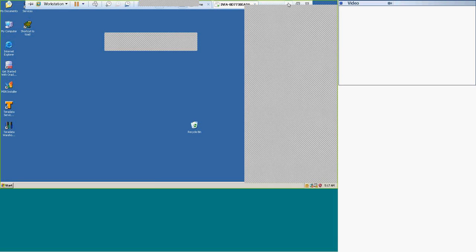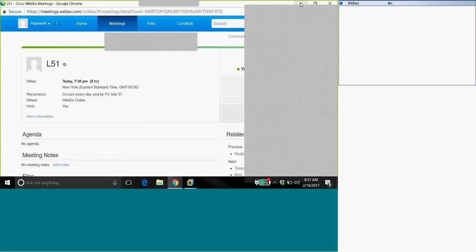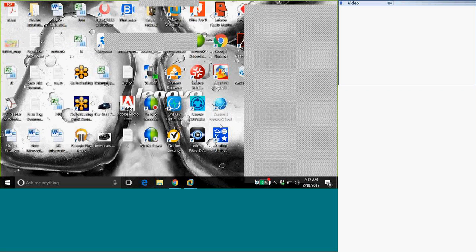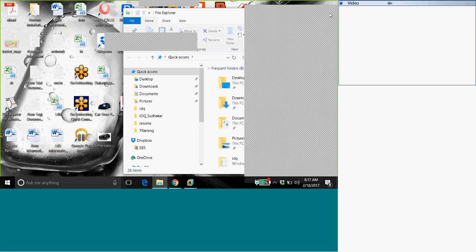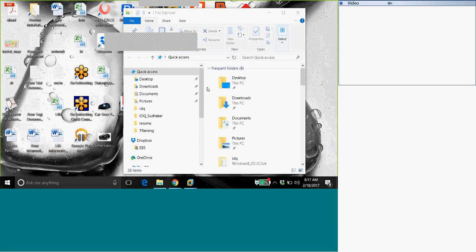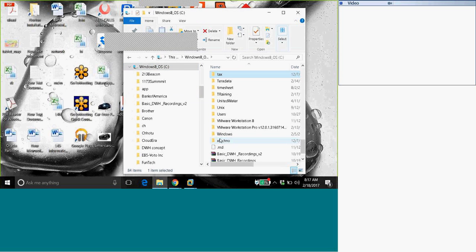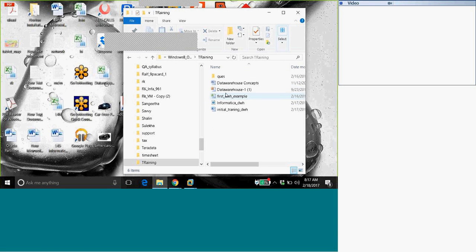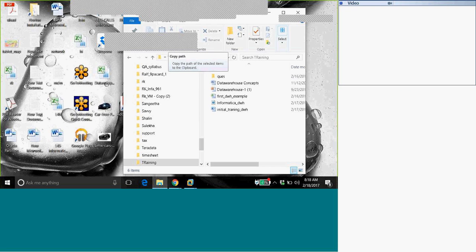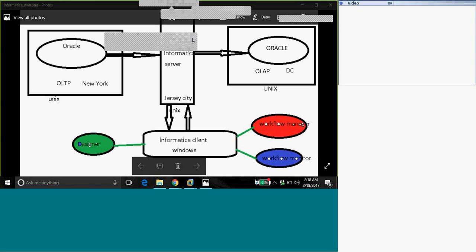In today's class, we were talking about how we can load OLTP to OLAP, right? Let's do the diagram once more. I'm not able to see anything on my screen. Talking about this diagram,